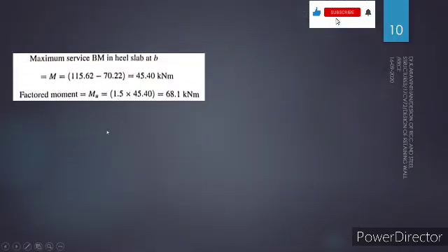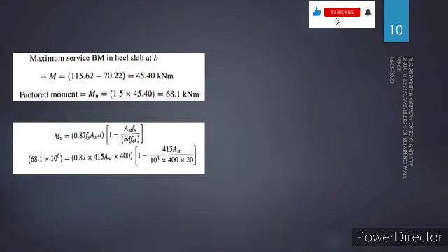For the upward and downward force, if you subtract, you will get the net bending moment, that is 45.40 kilonewton meter. Hence, for the remaining load, you have to design your structure. So by this net load, 45.4 into 1.5, that is the factor of safety, you will get 68.1. For this force you use this formula, and the only component that changes is 68.1 into 10 power 6. The remaining components you know from earlier.